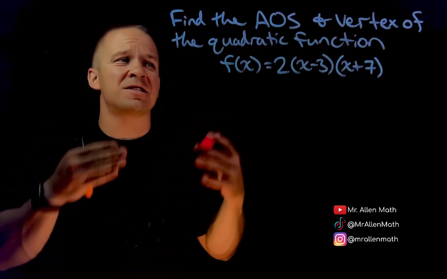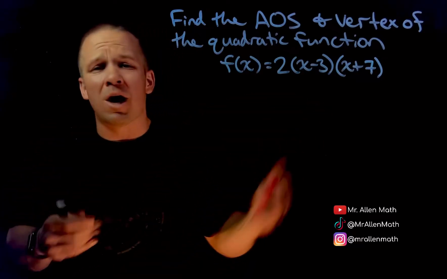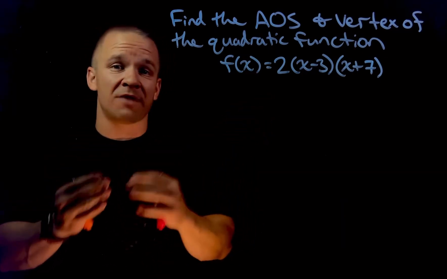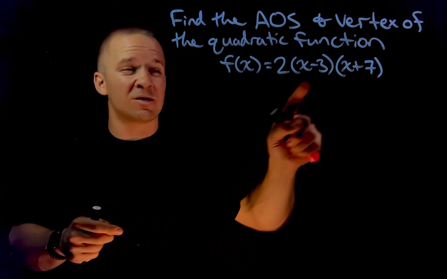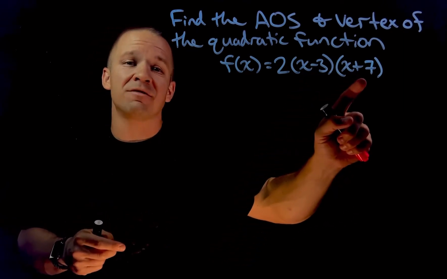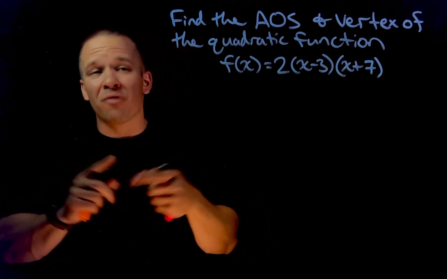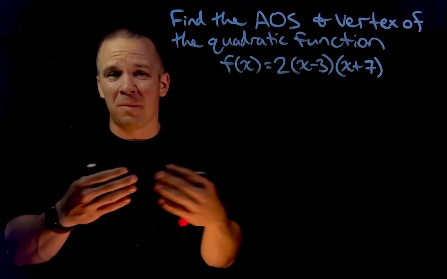We've got to find the axis of symmetry and the vertex of this quadratic function. Now, this quadratic function is in factored form. So the easy stuff to get would be my x-intercepts. It's crossing at (3, 0) and (-7, 0). No big deal. But finding my vertex and axis of symmetry, I've got to do a little bit of digging